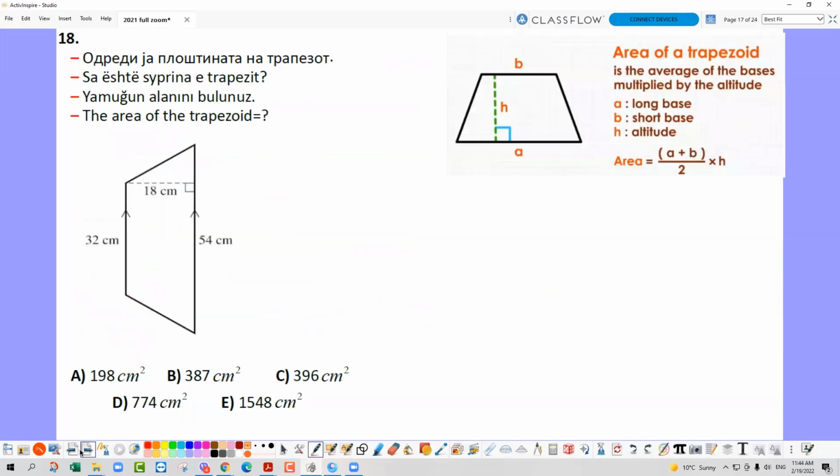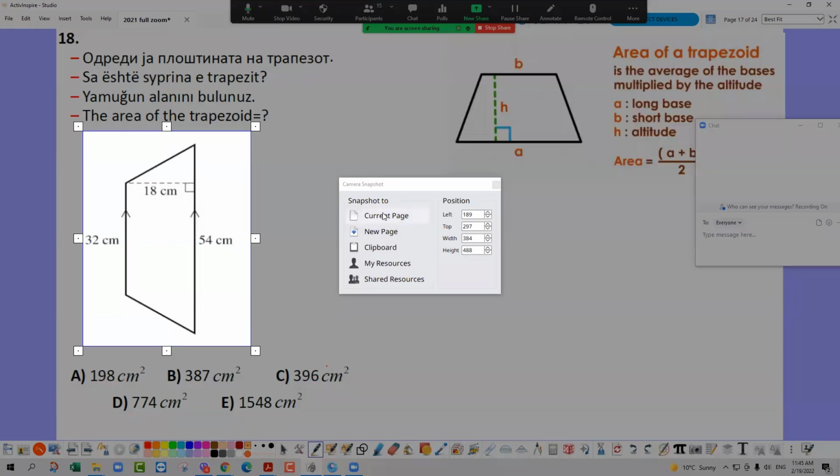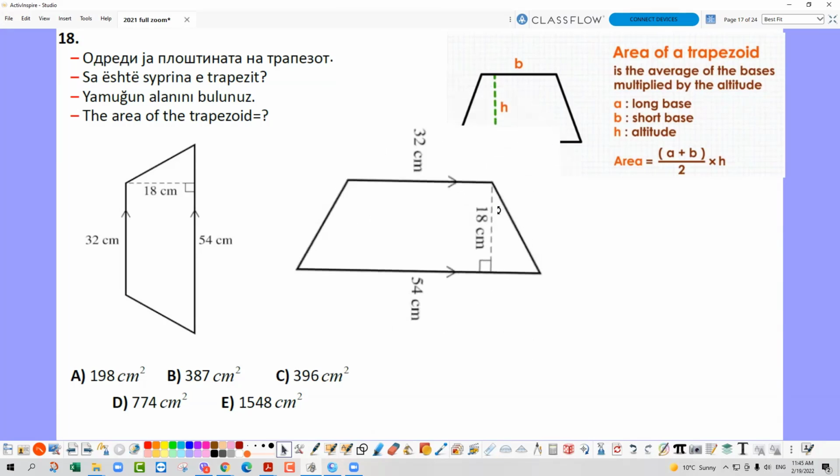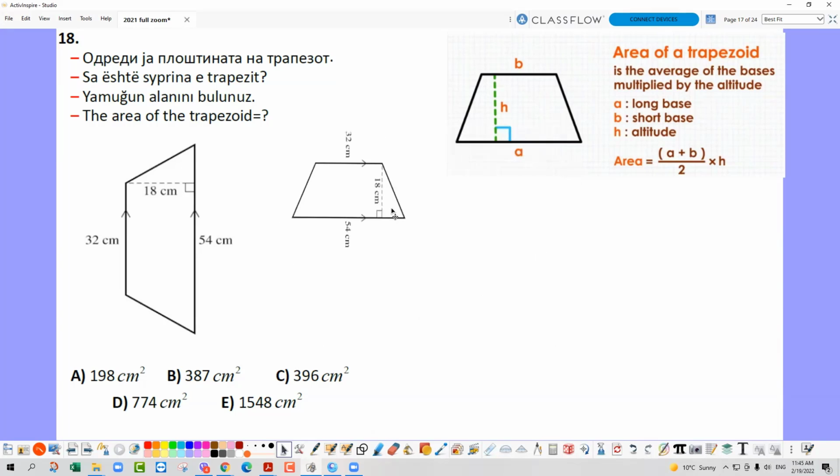Okay, let's continue with the geometric question. Here, this is a trapezoid question. In a trapezoid, the area formula is given like this. Here, I'm going to rotate this figure because this is perpendicular now, it seems, to convert it quickly to this figure. So with respect to that one,